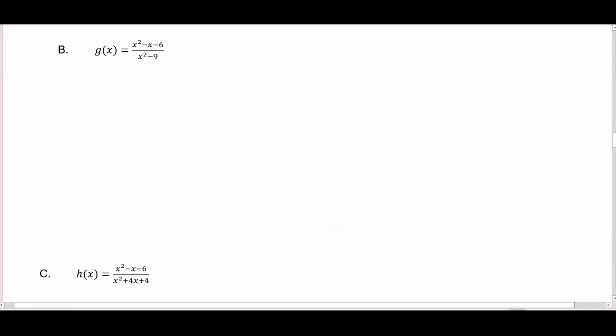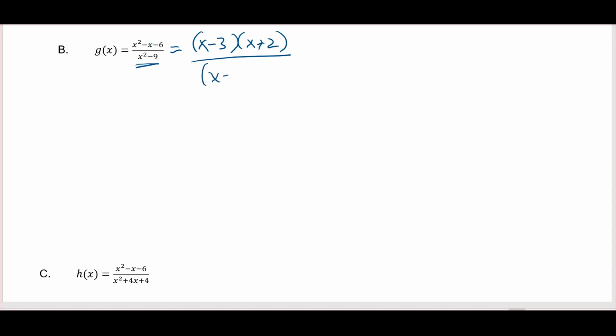All right, so we're finding vertical asymptotes and we're finding holes in the graph. So what we will need, as we've seen, is to factor everything. So the numerator here, we want two things that multiply to be negative 6 and add to be negative 1. So their difference is going to be 1. So it looks like 2 and 3 are going to work. x minus 3, x plus 2. And we can check that, multiply it back out. And then this guy, that's the difference of two squares again,